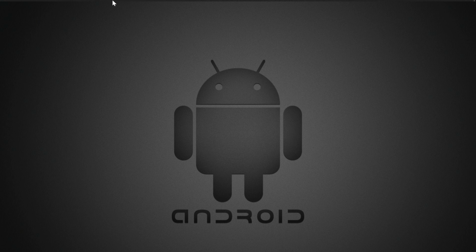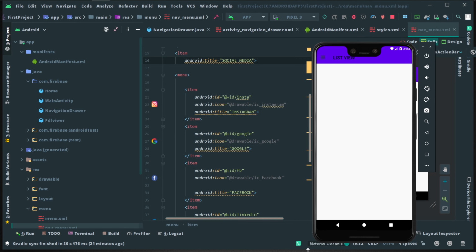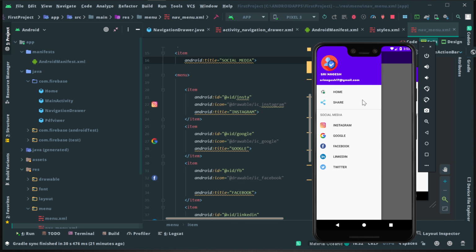Let's get started. Hi guys, in this video we're going to see how to implement the navigation drawer for Android Studio. For that I'm going to create a custom navigation drawer in which I have everything customized, including the icon. So you can see, when I press on this, I can see the navigation drawer, and in the navigation drawer we have two sections. One is the navigation drawer in which we have options, and the header layout.